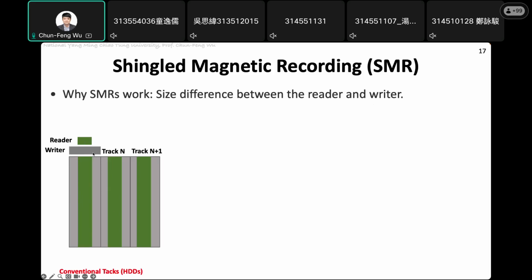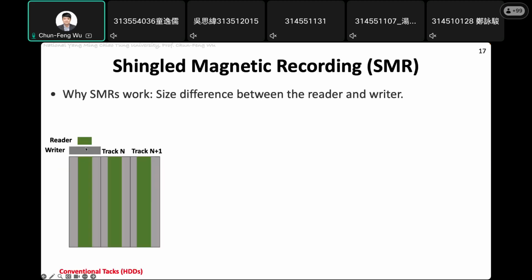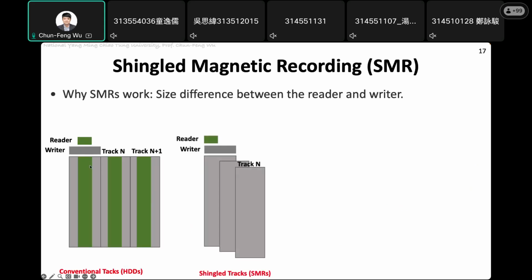But you cannot shrink the writer. You cannot make it the same size as the reader, because if you shrink the size of the writer, it means you are going to shrink the size of the magnet. And if you shrink the size of the magnet, then the magnetic force will not be strong enough to change the recording medium. So this is the problem. So there is a size difference. It's the truth. And come to think about it, if you can do things like this, if this is a